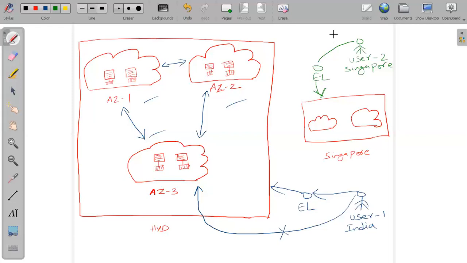That company wants their servers to be created, one in Hyderabad and the other in Singapore. At that point of time, the user from Singapore can connect to one server through the edge location they have created, and if they want to connect to the India server, through this edge location they connect to the